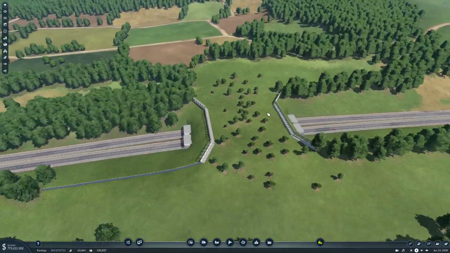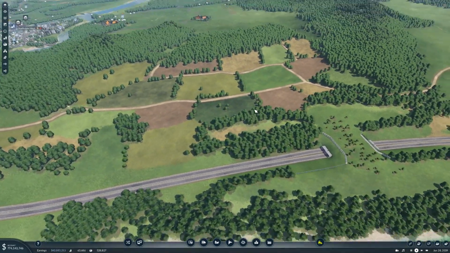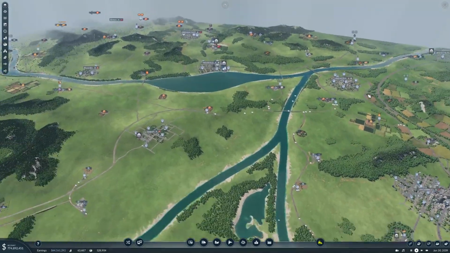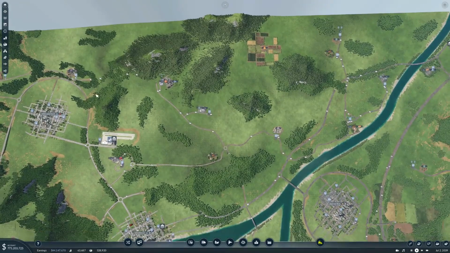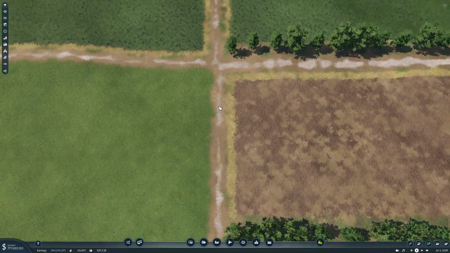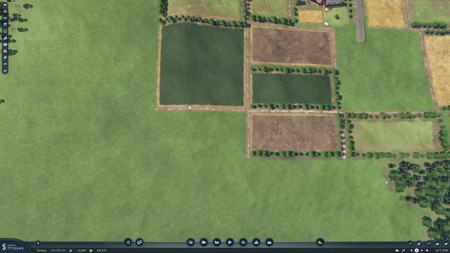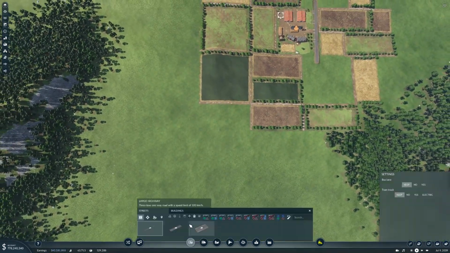So this is the overpass with the farm fields right next to them. Only a few of them, and I'm thinking in the future to make a few more farm fields like in this area, but like this. Oh, nice. For a second I thought this is actually a road, but I was thinking to make like...